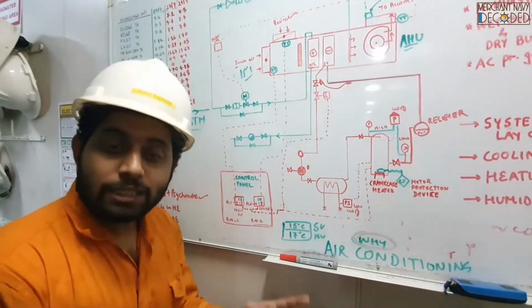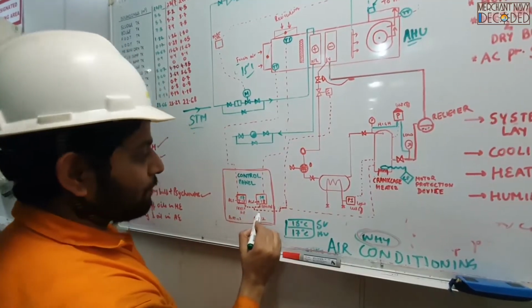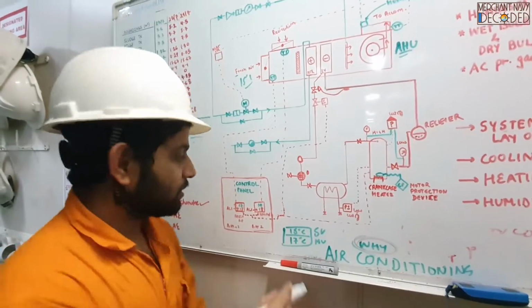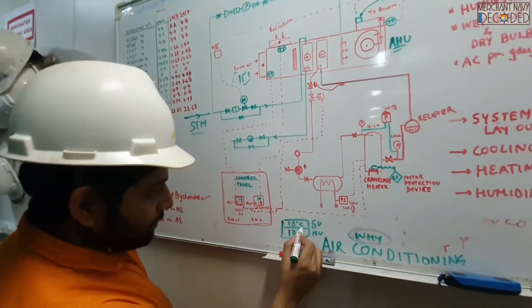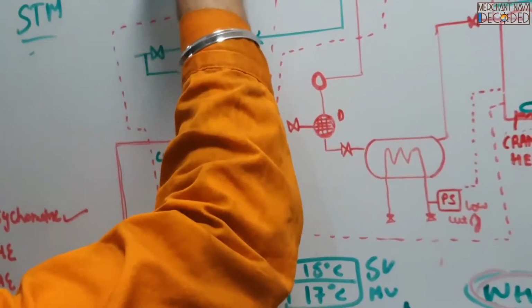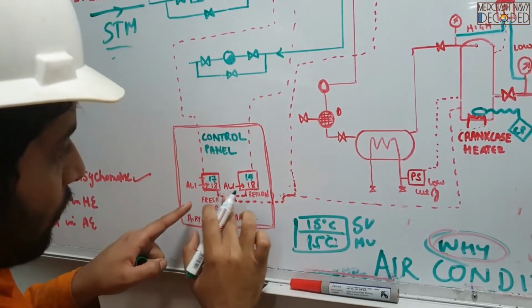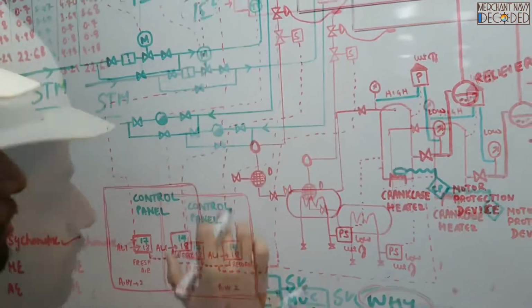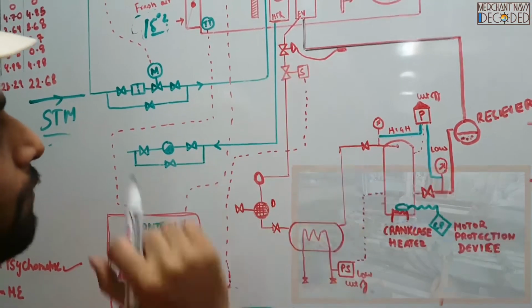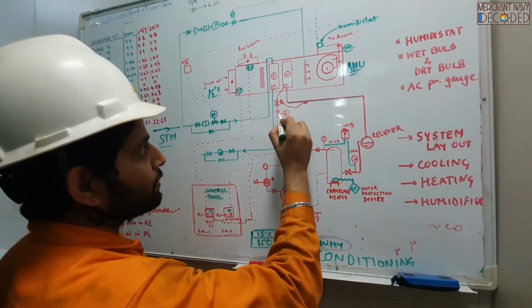So automatically, see, this is automation. I have given the signal that when the temperature of fresh air becomes 15 degrees centigrade, I do not want my air conditioning system to run. Give it rest. So when the set value is 15 degrees centigrade and the temperature gets cooler, the measured value becomes 15 degrees centigrade. This controller gives a signal to this valve over here and shuts this valve. This solenoid valve shut, what will happen? Now there is no refrigerant getting collected over here. No refrigerant going means